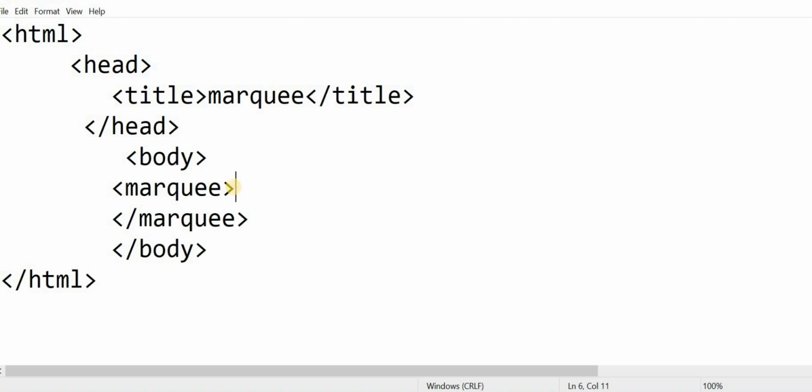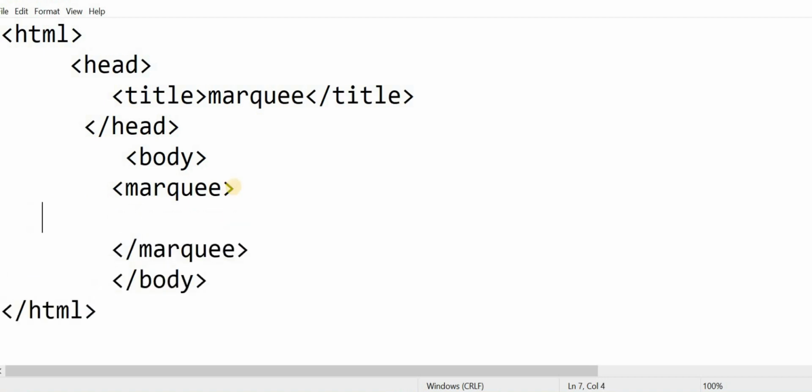Now inside that I am typing a text here, my pet. Just typing a text.